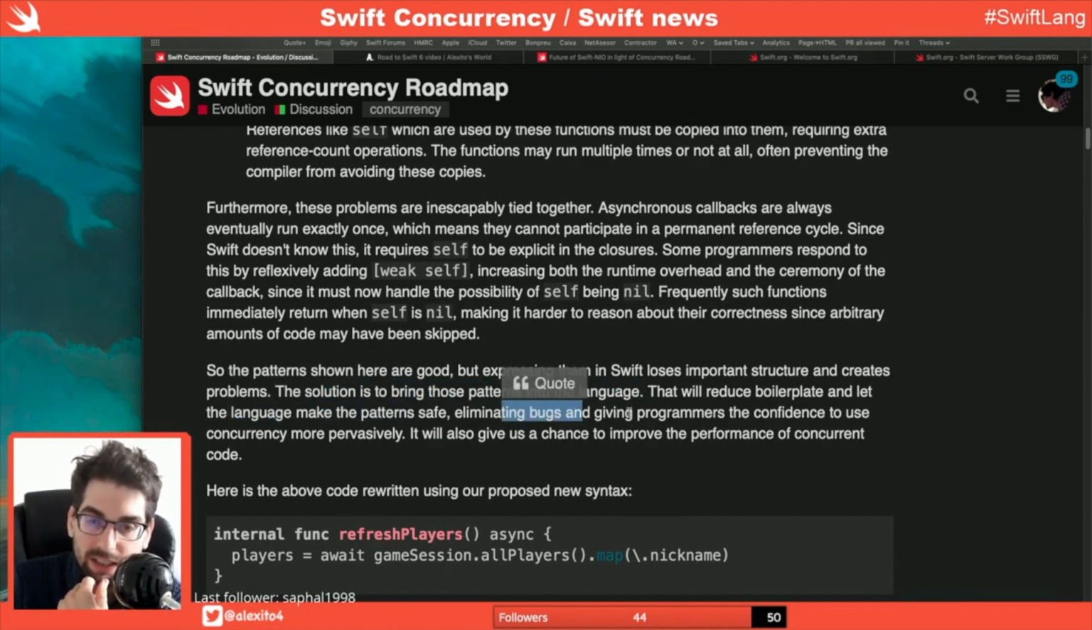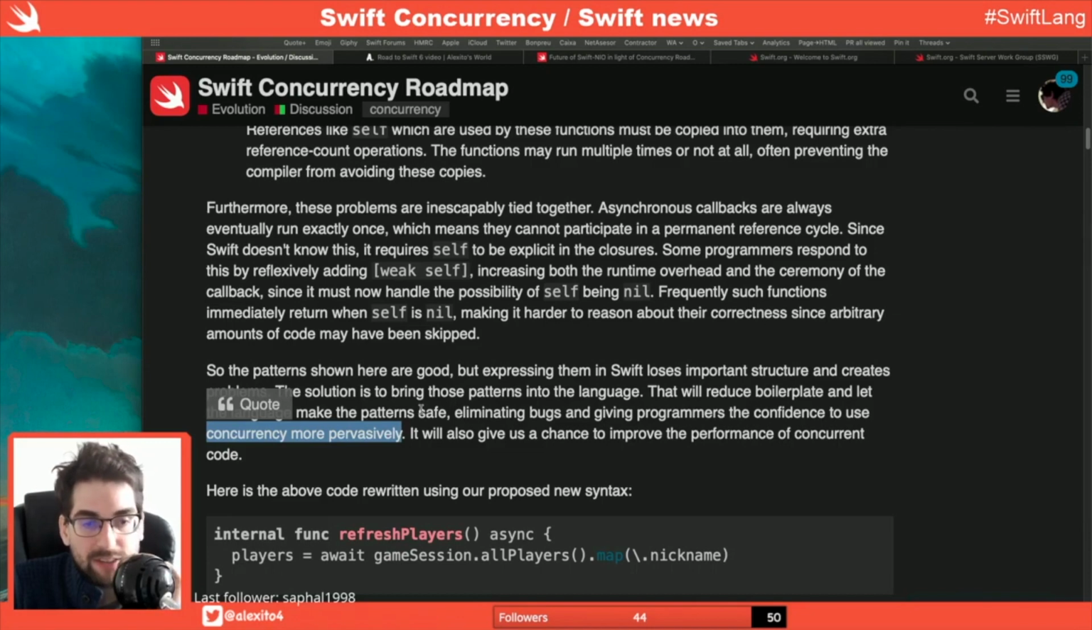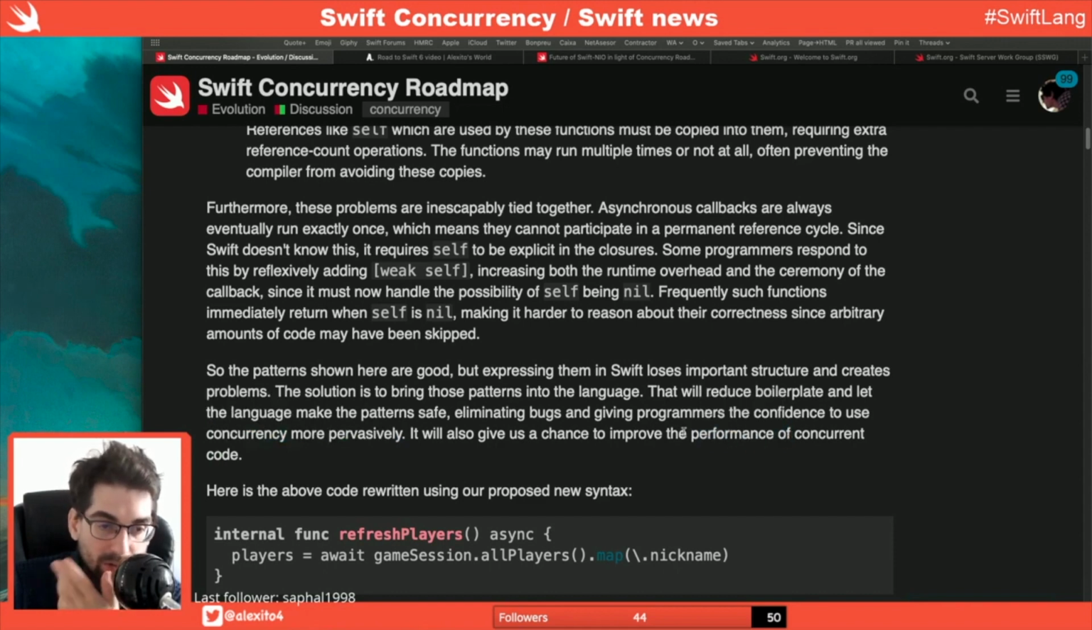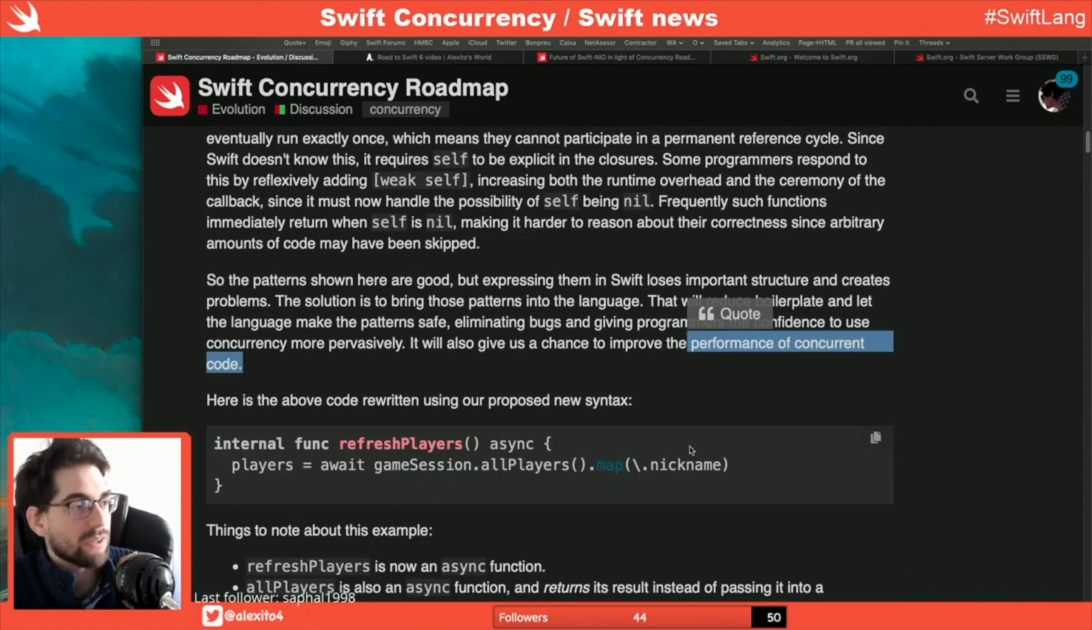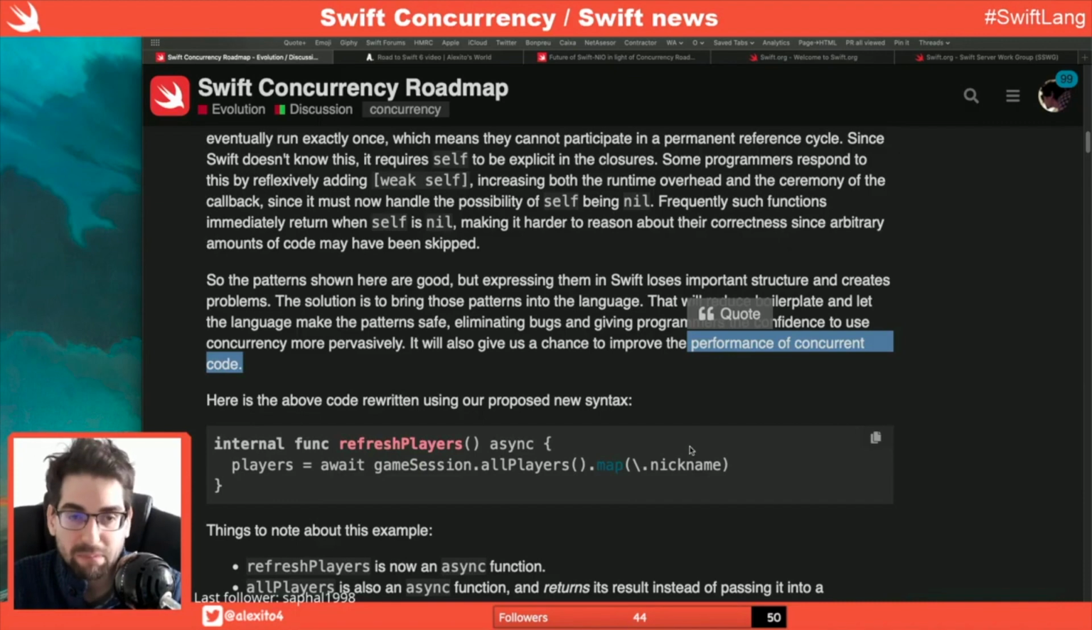Eliminating bugs and confidence is super important when you are programming, especially in concurrency, because it's one of the hardest things to get right in computers. It also gives us the chance to improve the performance of concurrent code. That's also true. Once the compiler and the language take ownership of something, then it's their problem to make it